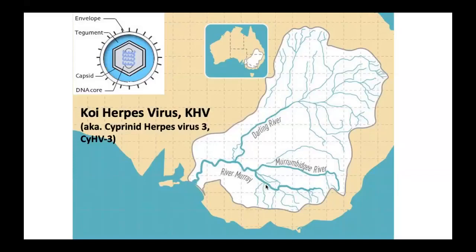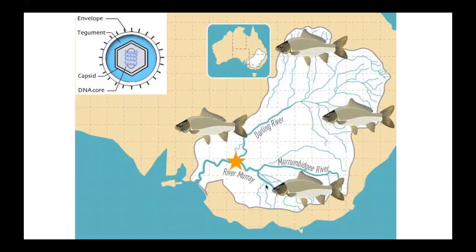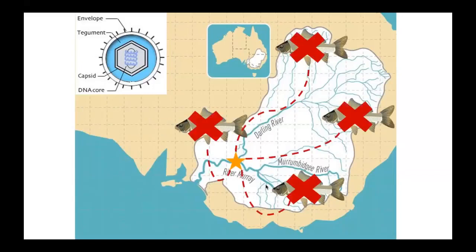And it actually has been proposed as a potential control method for carp in Australia. So there isn't a control strategy that's already funded or in the works at the moment, but there's a lot of research that's been dedicated to this in Australia. And the interesting thing about their system is that KHV has never been detected in Australia to this point. So that means that their population of carp is completely naive to the virus. And that's really beneficial because they're going to be likely more sensitive to the virus too. So the idea is that you would introduce the virus and then you'd have kind of this cataclysmic knockdown of the population where just millions of fish die off.